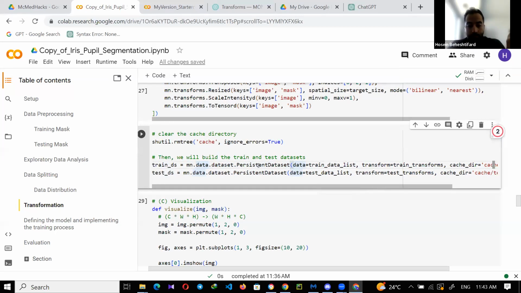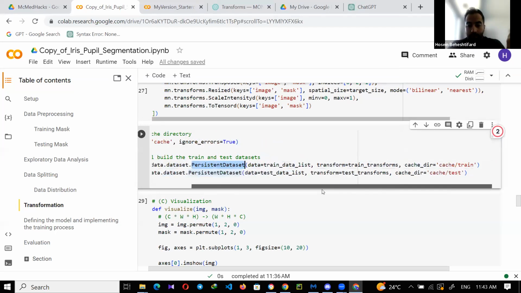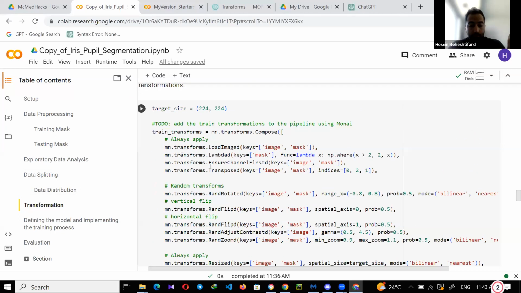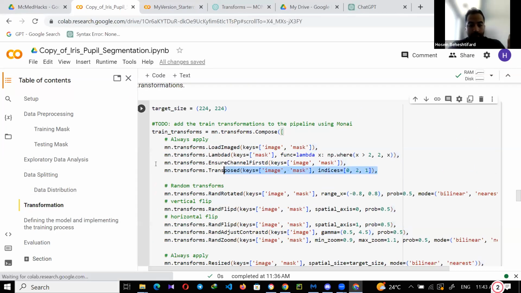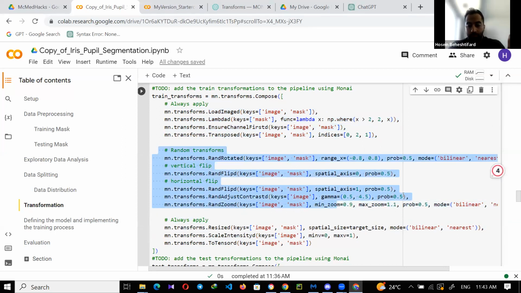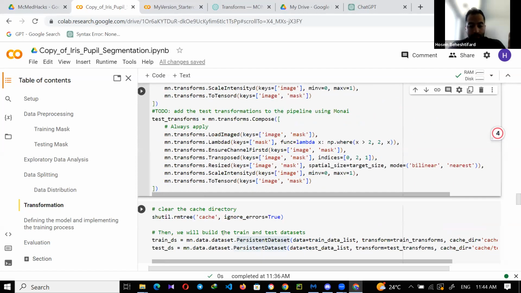And a good thing about this option in MONAI is that in my pipeline now, I have some transformations that I want to always apply. And I have some random transformations based on a probability. For example, let's say apply this transformation with this probability, so 50% of the time it will be applied, not always. So when I use this class,